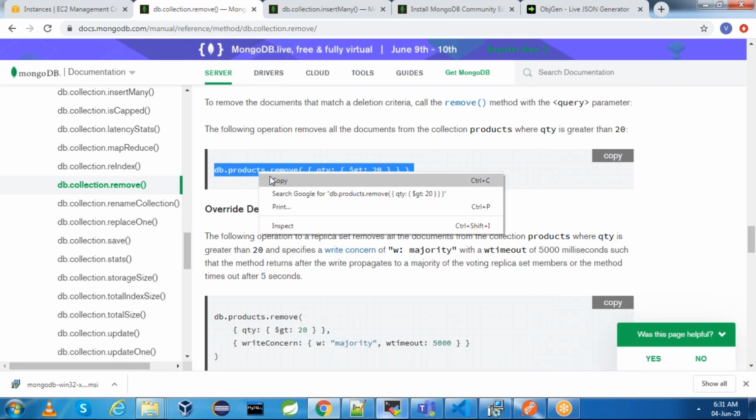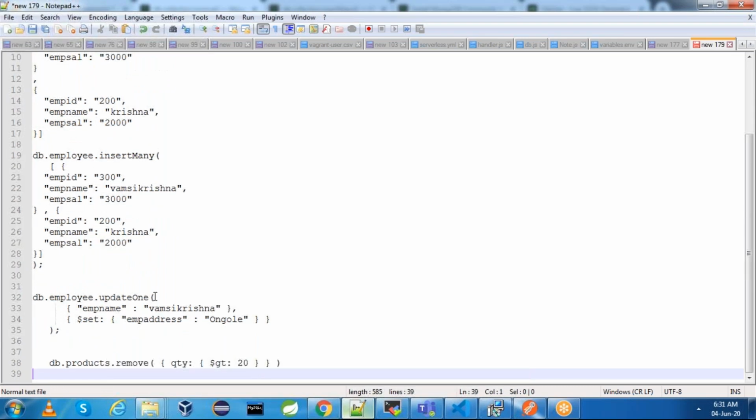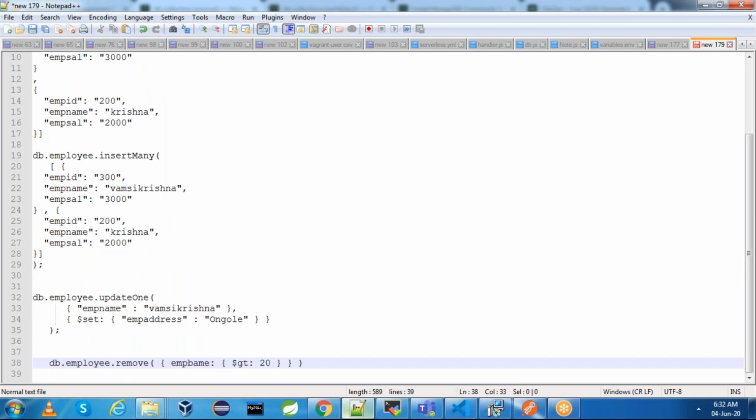Suppose I want to remove the field employee name which is equal to, employee ID which is equal to 400.